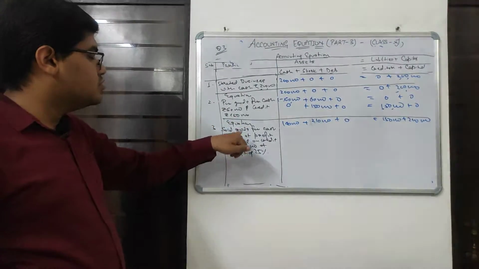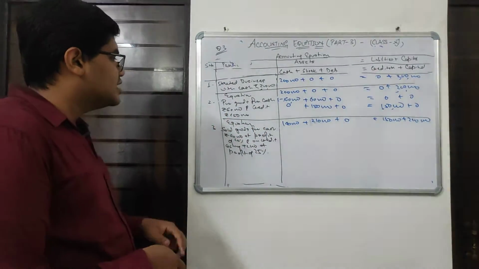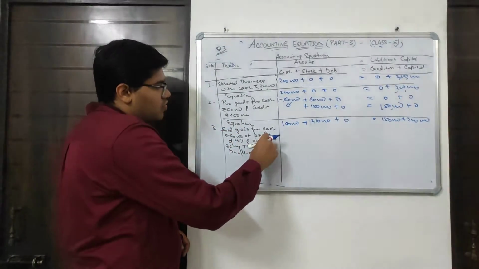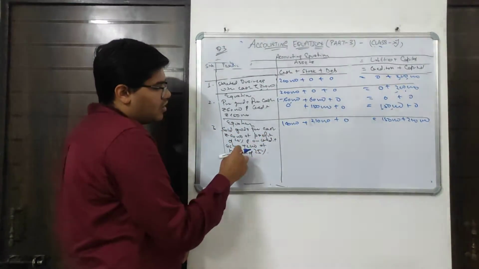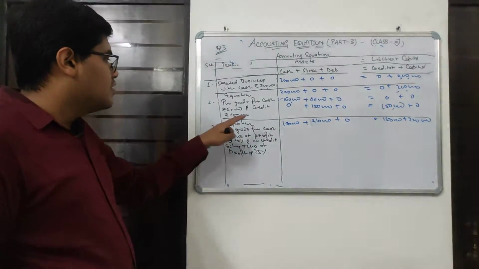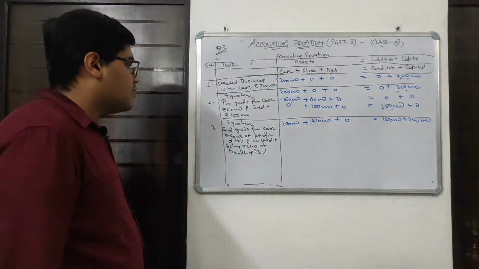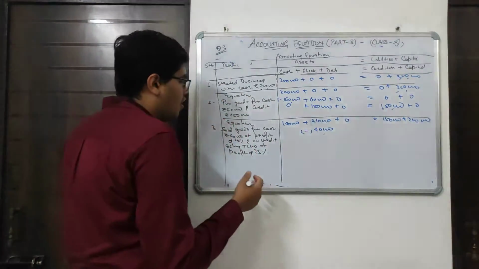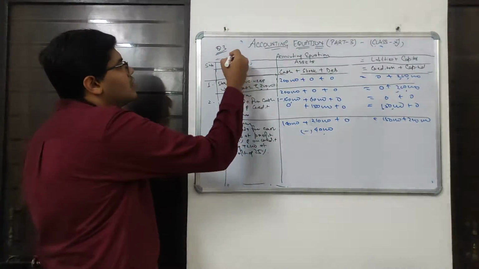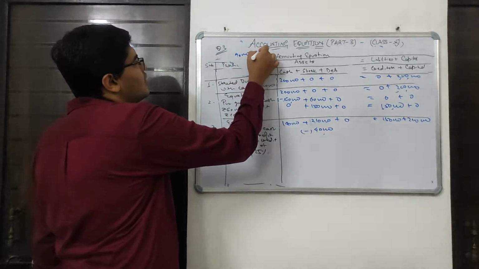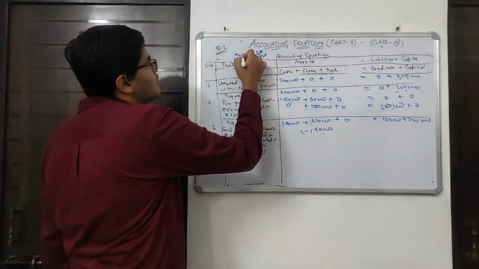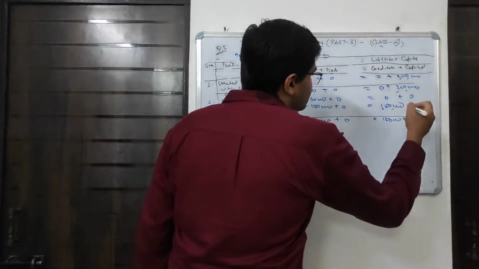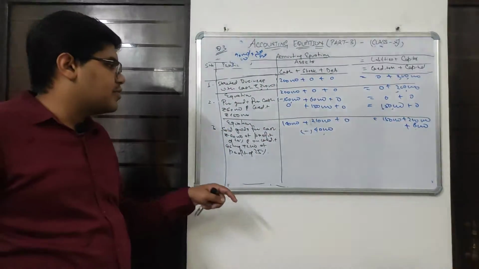You can also do this question in two parts. First, we are selling the goods for cash 40,000 at a profit of 20%. This is the first part. And second, sold goods on credit costing 72,000 at a profit of 25%. In the first part, we are selling the goods for cash rupees 40,000, so 40,000 will be deducted from stock. Now what is 20% of 40,000? 8,000. So 8,000 will be added over the capital, since profit creates capital.